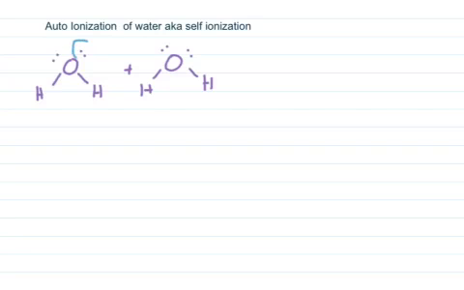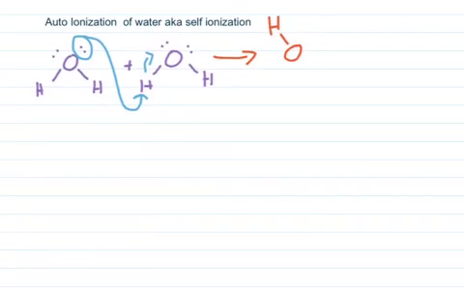So this lone pair right here binds to this H+, and it pops off this hydrogen. So what we form is hydronium and hydroxide